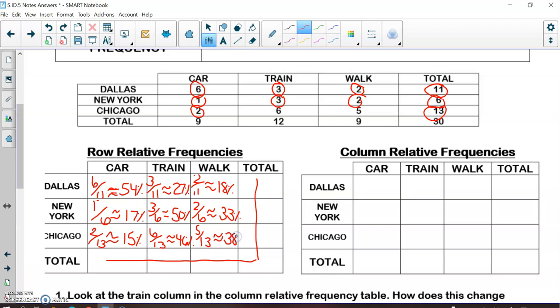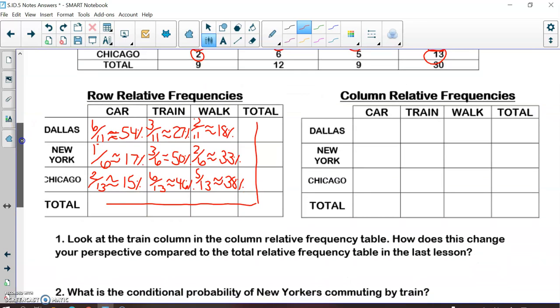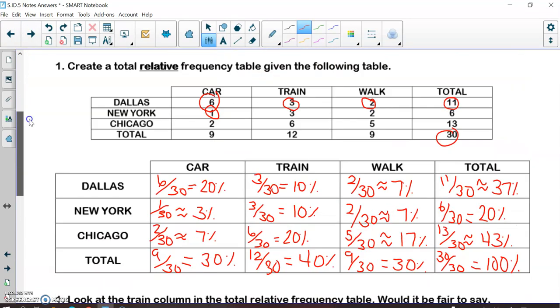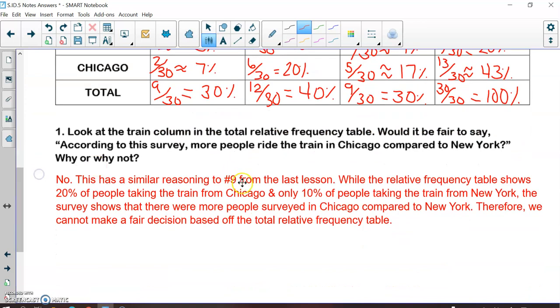Now, before we do the column conditional relative frequencies, I want to look at number 1, because it says to now look at the train column here. Sorry, this should say the row relative frequency table. And so how does this change your perspective compared to the total relative frequency table in the last lesson? So if we look at this one, we could not answer this question